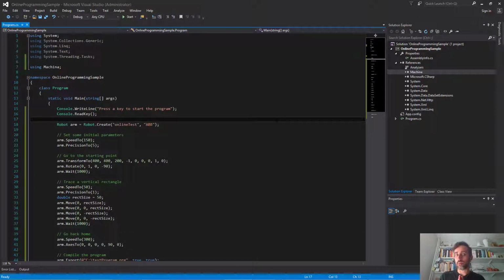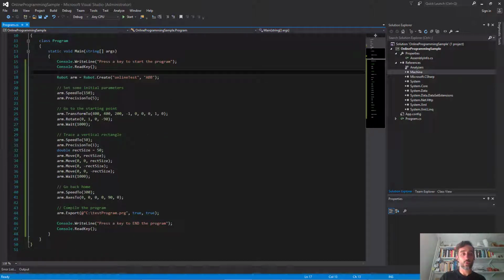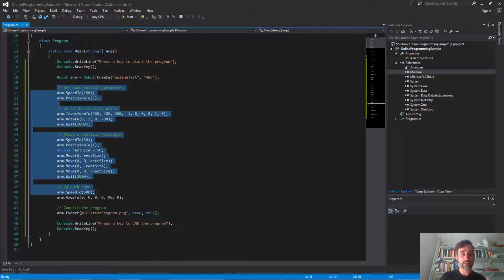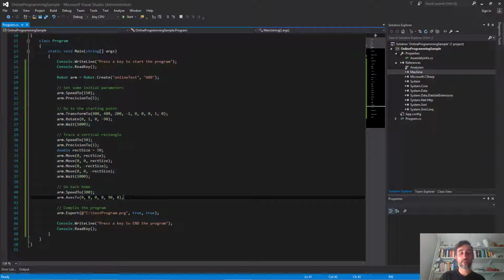Okay, in my previous video, I've shown you how to use the main core Machina library in Visual Studio and how to write a program in which you can create a new virtual robot, generate a set of actions, and tell the robot sequentially what you want to do. Right after, you can export all that sequence of actions into a program